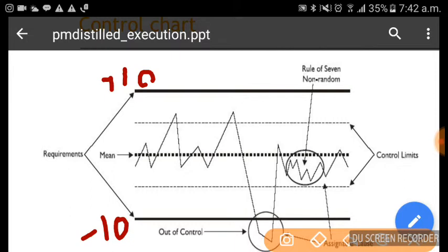Now let's say my historical data shows that all the past projects we have done were in a minus 5 to plus 5 bandwidth. We call these the lower control limit and the upper control limit, LCL and UCL. That is the organization's capability baseline.